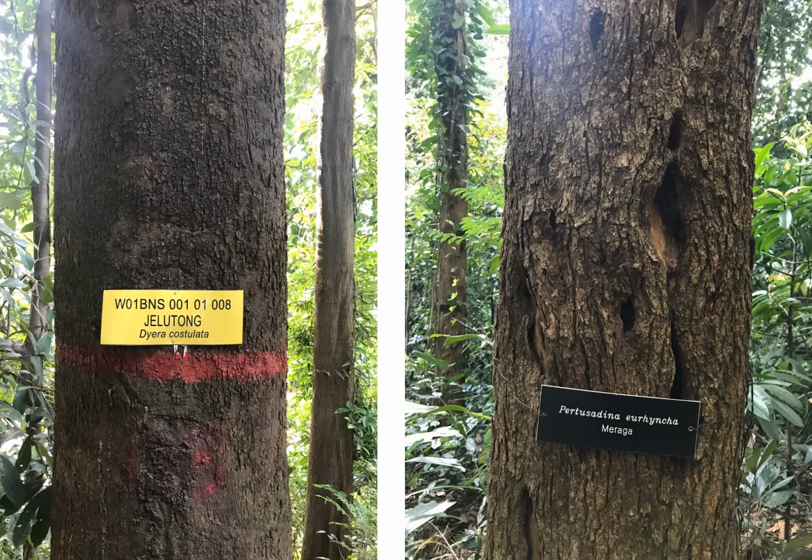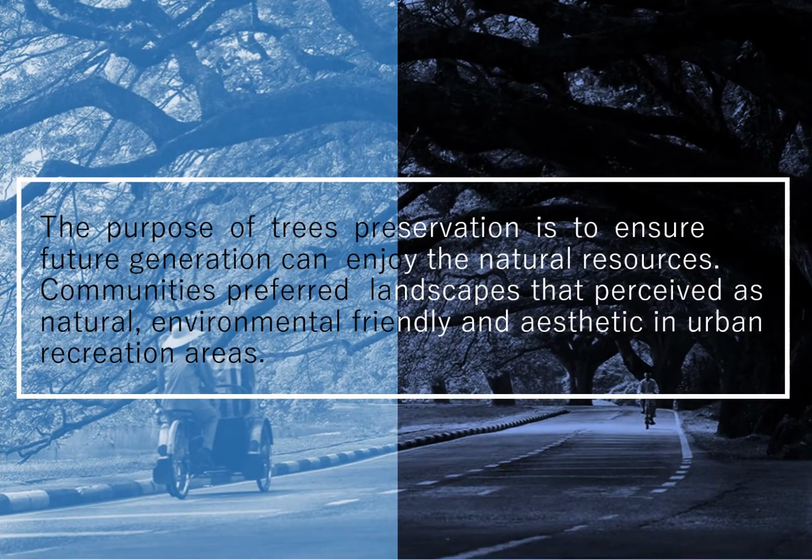Okay, the other examples are pokok jelutong and pokok meraga. Okay, so pokok jelutong basically kita gunakan untuk perabot, and pokok meraga pun adalah salah satu jenis balak yang kita gunakan juga untuk pembuatan perabot. Selain untuk protect the trees, tujuan TPO diperkenalkan melalui Akta is to ensure future generations can enjoy the